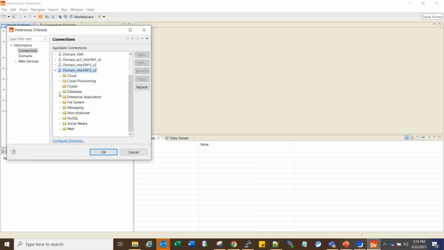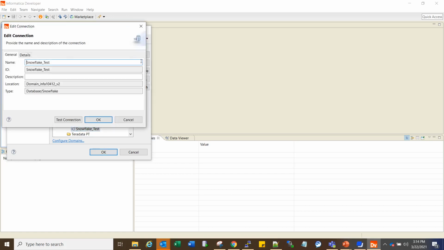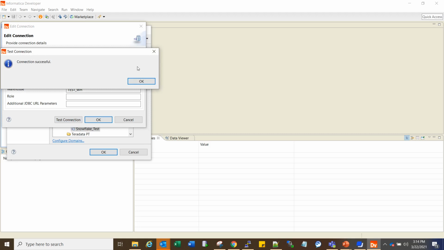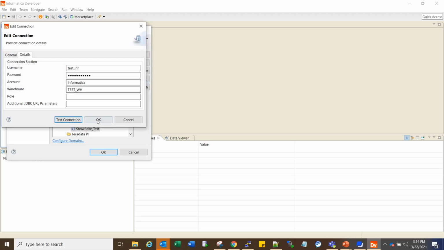We click on the database tab and here under Snowflake you can see my connection Snowflake underscore test. You can edit to see the details if you want and you can also test the connection just to make sure that it is working fine from developer tool as well. It's successful.